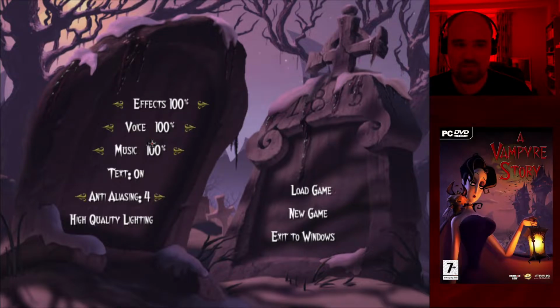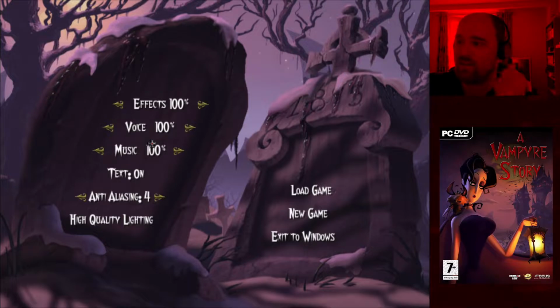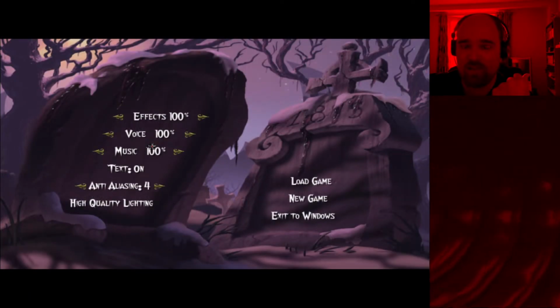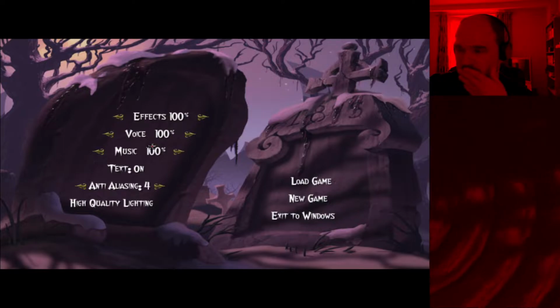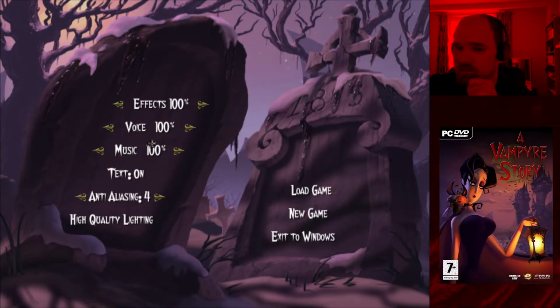I played the first 2 minutes to check if it's working, and so far it seems fine. The game, for some reason, even when you boot it up using DGVoodoo, the game looks like this, and the game is not meant to have letterboxing. This is not what it's supposed to look like. And even if you set the scaling options on DGVoodoo to 4:3, this still happens. So I've had to duplicate my scene and just manually crop out the black areas, so we actually get an intended aspect ratio.